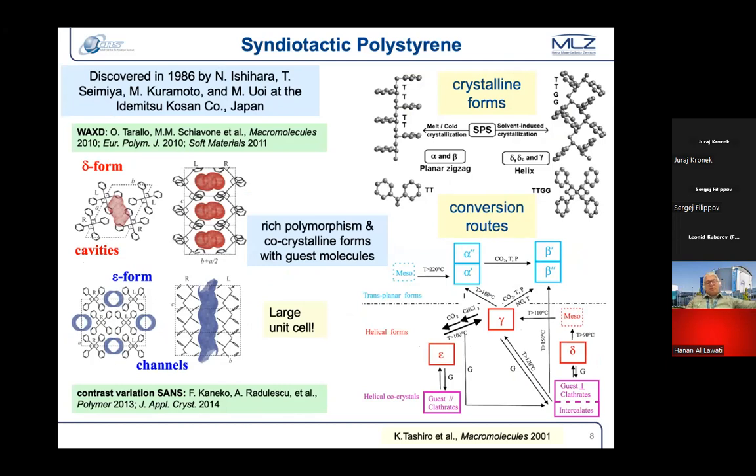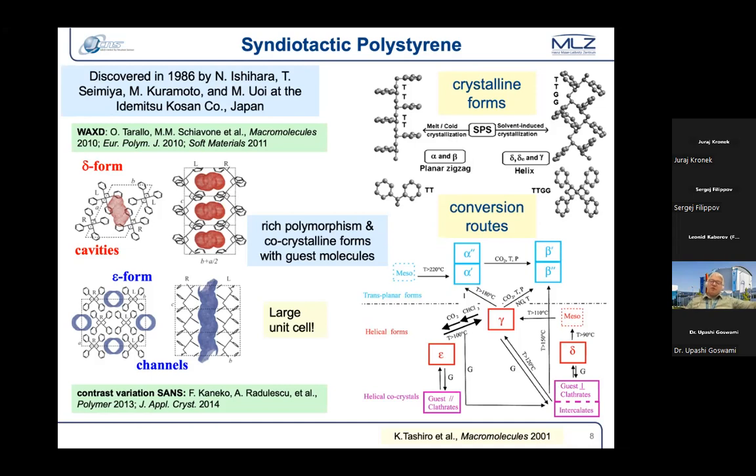structures with small organic molecules, which can be hosted as guests in the spherical or cylindrical cavities between the helical conformation of the polystyrene chains. These are the so-called delta and epsilon clathrates. And at the same time, this material shows a very rich